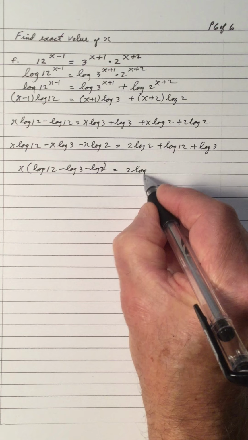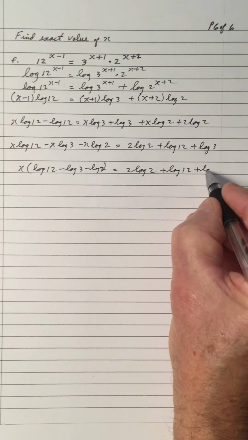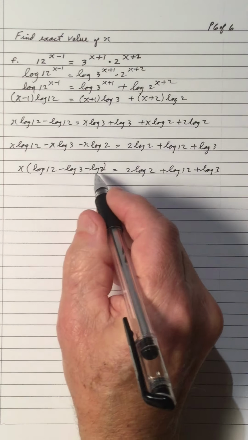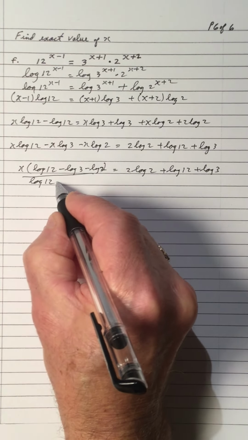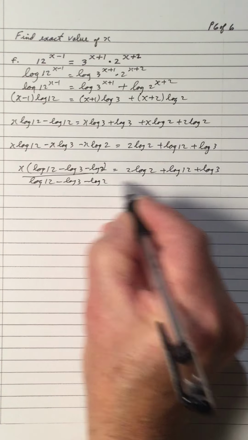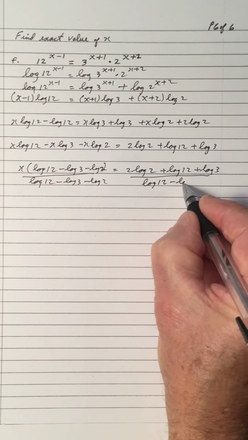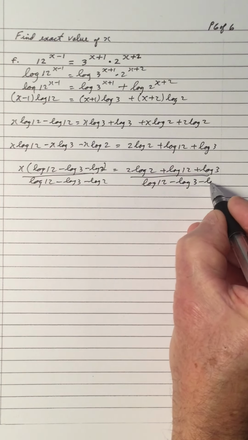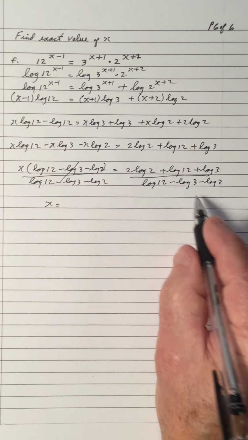Let me just write this down again. I could simplify it, but I won't wait for another line to do it. And so we divide both sides by the log of 12 minus the log of 3 minus the log of 2. The log of 12 minus the log of 3 minus the log of 2 cancels. x is equal to